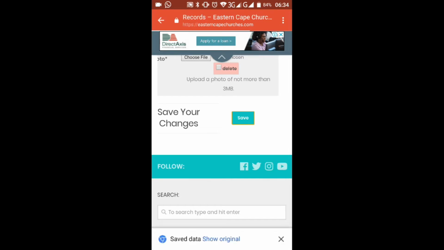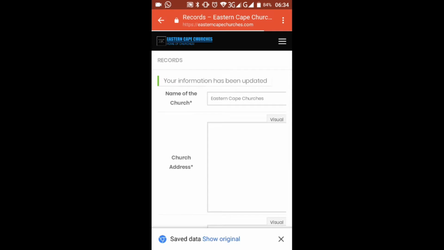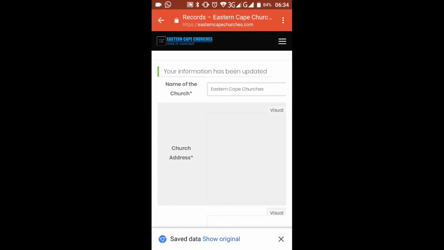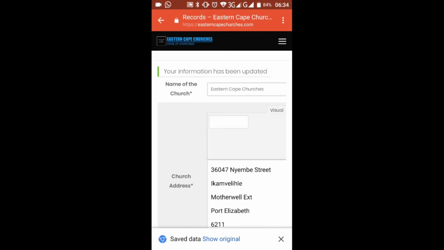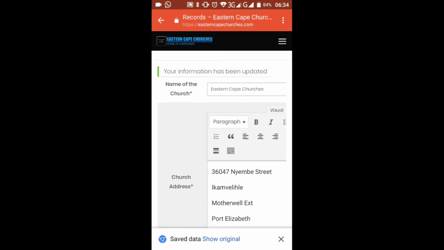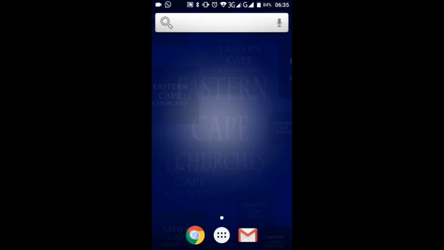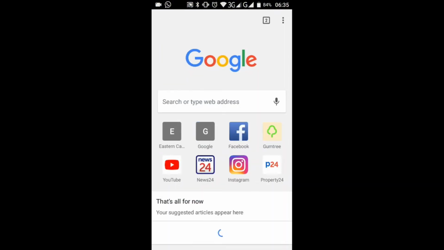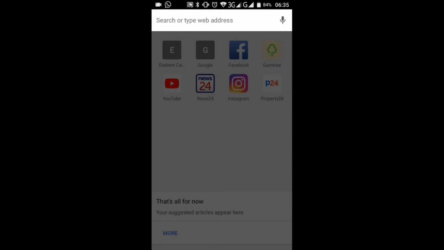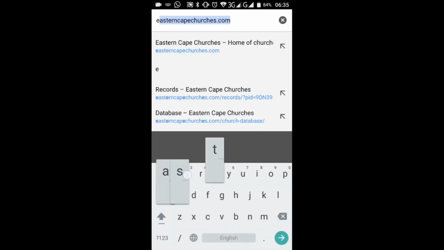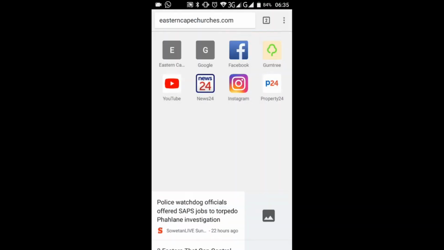Remember, there were no announcements. We looked on the front end and your information is updated there, it says. We looked on the front end and there were no announcements. And now we want to go in at the front end. Let's quickly close this and go to the front end. EasternCapeChurches.com. We want to go now and check our